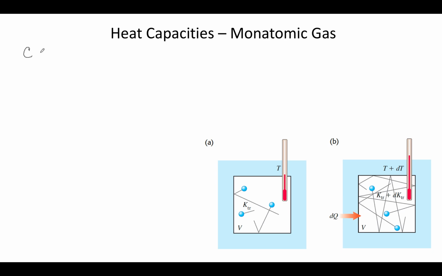We use C as our heat capacity or specific heat. They're interchangeable. We can do it in terms of moles. We can do it in terms of mass of your substance. They're still heat capacities or specific heats. Recall what they are. What do they do? What do they tell us? They're a property of your substance